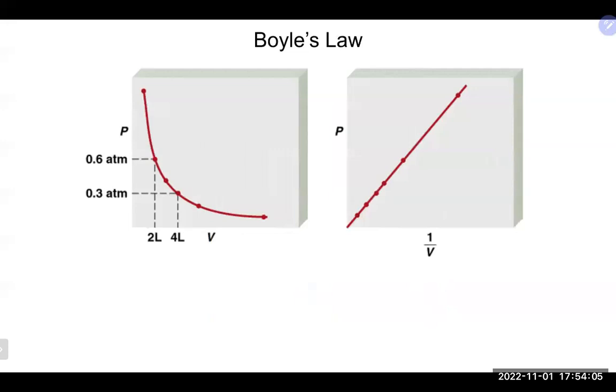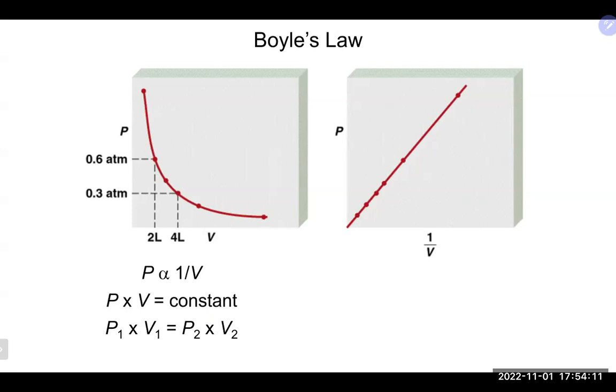So Boyle's Law basically is that relationship that the pressure is proportional to 1 over the volume. Frankly speaking, that means as the pressure goes up, the volume goes down, and vice versa. As the pressure goes down, the volume goes up in this case. If you take any gas observing Boyle's Law